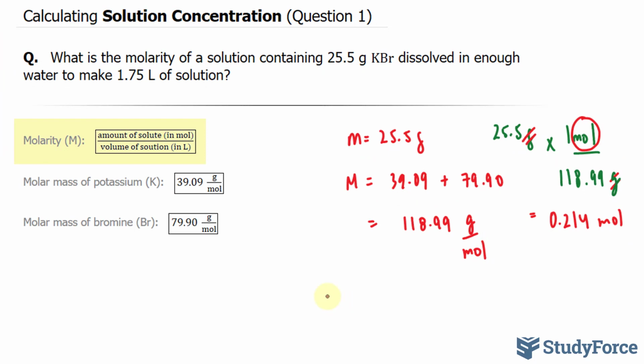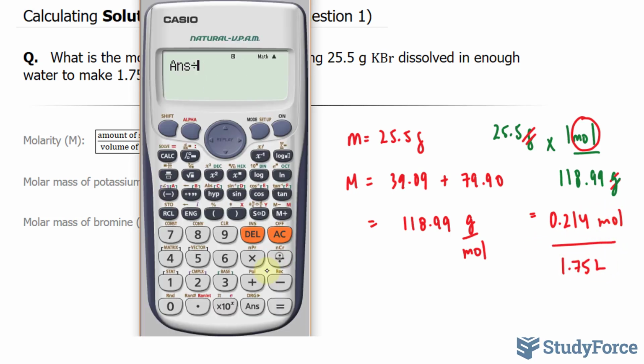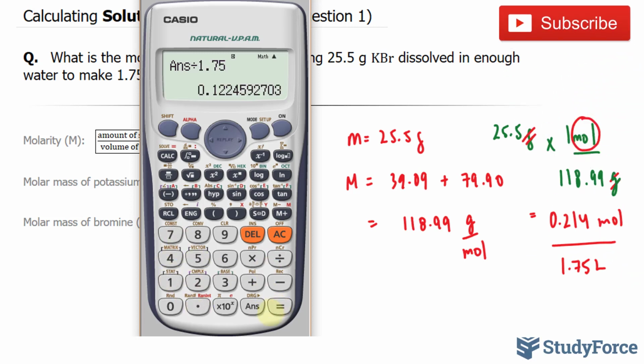Once you've found your number of moles, you can then use this formula where the molarity is the number of moles of the solute, in our case the solute is KBr, and the volume total is 1.75, and that's in liters. So I'll take this number and divide it by 1.75, and here's what happens. This number divided by 1.75 gives us a molarity of